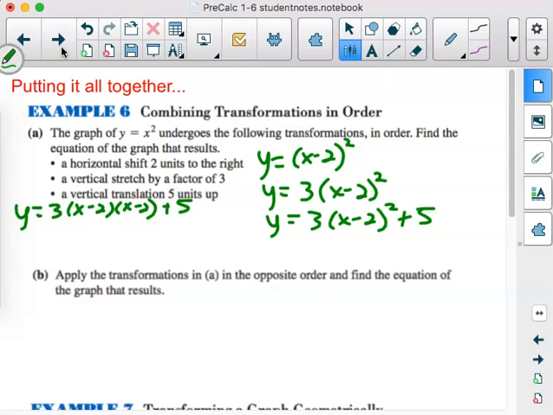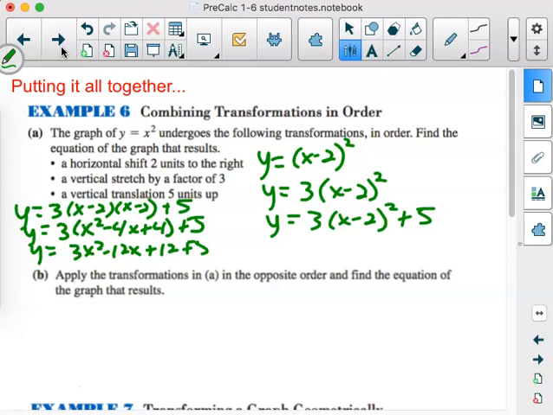Most people just write it out twice and then do the FOIL. So x squared minus 4x plus 4 plus 5. Y equals 3x squared minus 12x plus 12 plus 5. So it will be y equals 3x squared minus 12x plus 17